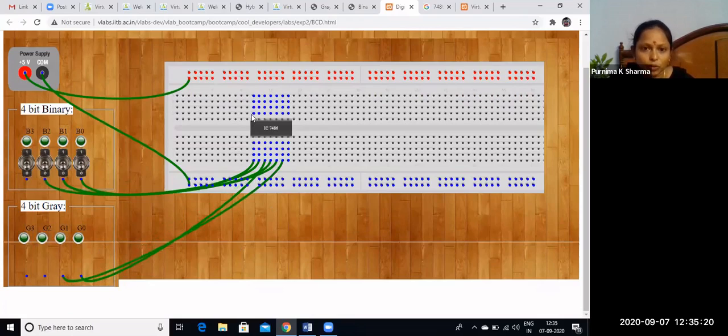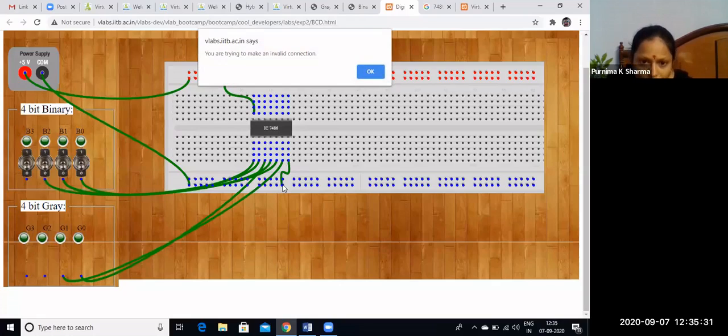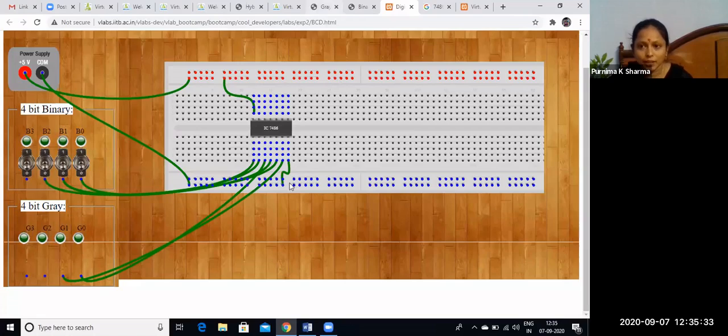Before going for that, I'm connecting to VCC. This is to ground. Now, you should be careful while doing the connections. Now what I did is B0, B1 to the first XOR gate, B1, B2 to the second XOR gate.